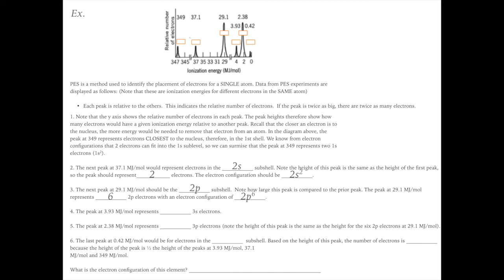The next sub-level is going to be 3s. Notice it's the same height as the first 2, therefore there are going to be 2 electrons there. The next one is 3p. Notice it's the same height as your 2p, therefore it's going to have 6 electrons there. For the last one, it's going to be 4s, and notice since it's half as tall as the peaks that have 2 electrons, it's going to only have 1 electron. And therefore, this entire PES allows us to determine the electron configuration for this atom. It's going to be